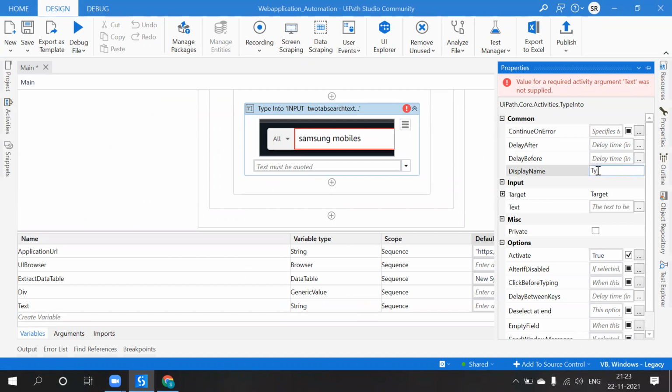What is this? Enter, search. What is the text? Usually we won't hard code the text over here. How will we do that? Either